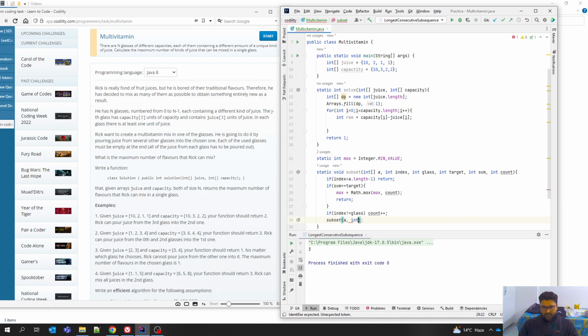Subset A, index. Okay, if we just lose that index, all right, we can do one thing. If the current index, once we unpick it, so we don't need to do this. Okay, index, we are not picking that, index plus 1,